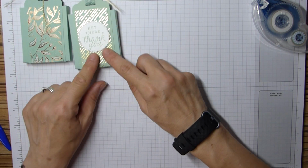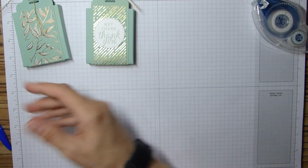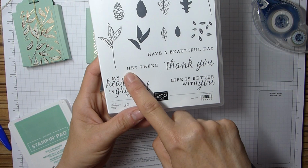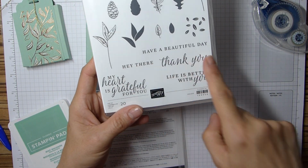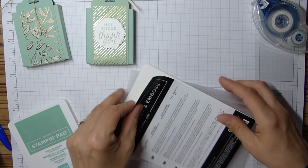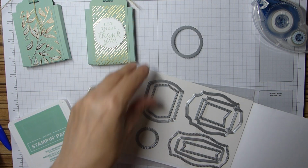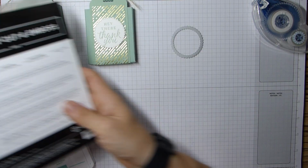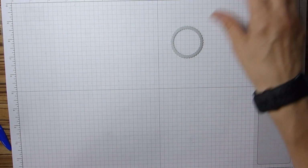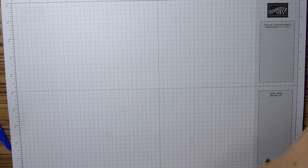Right, and then I just need to add this cute little sentiment. It says, hey there, thank you. But you may be wondering how I've done that, because Beautiful Autumn, it's not going to work, so I'm going to show you how I did it. First thing I need to do though is to cut out my die, and these are Tasteful Labels. So I'll just clear a little bit of space. My Whisper White here, scrappy bit,